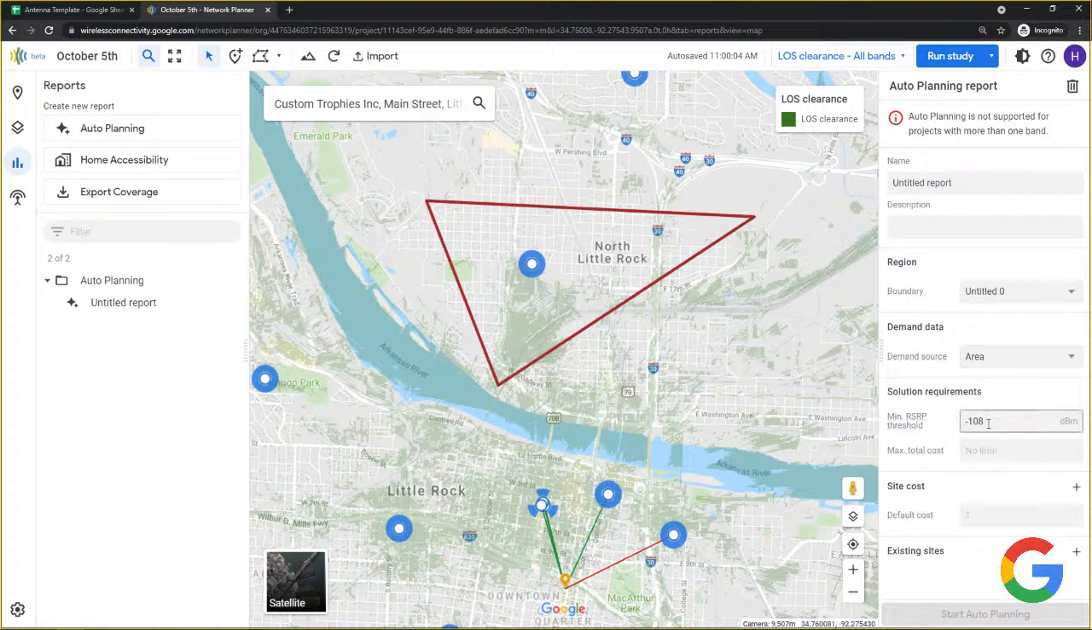You can choose your demand data, the RSRP threshold you need to provide coverage, and things like the site cost, and then you add or upload existing sites. You can use the sites which are tagged for a particular search ring. So you add a tag for those sites, and then it will include all of those sites in the calculation